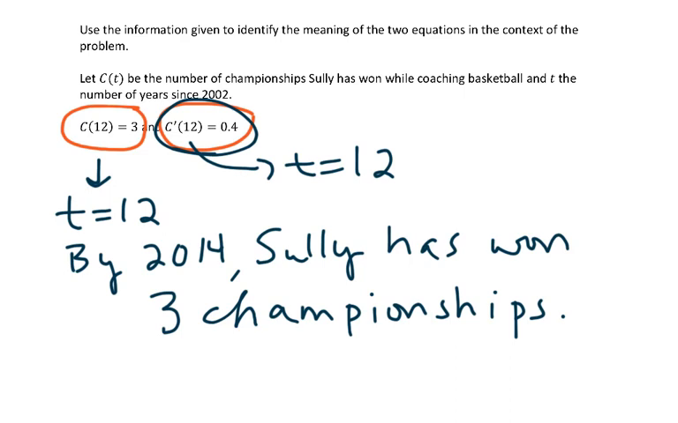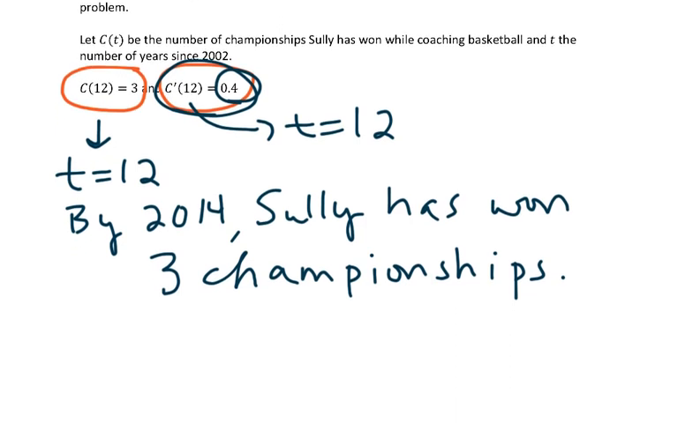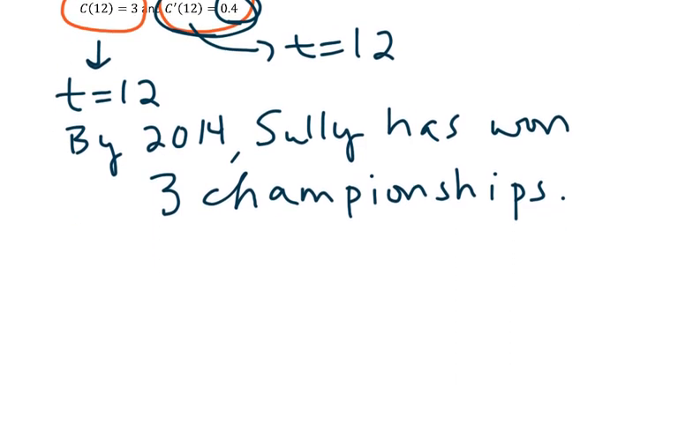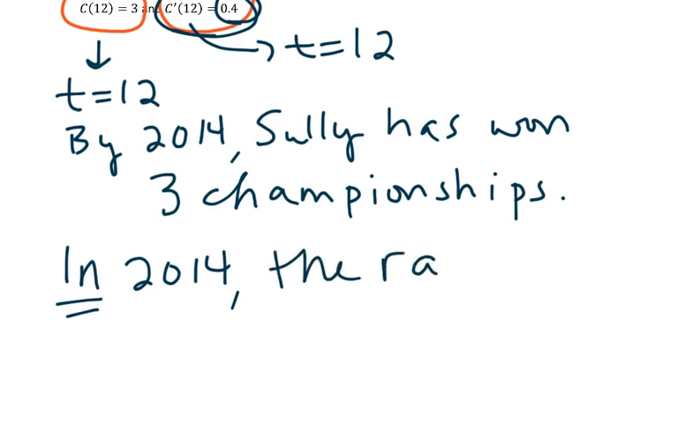Now, how do I know it's increasing? Because this 0.4 is positive. So I know the rate at which he's winning championships is increasing. And so let's write this more formally. What I want to say is in 2014, so at that moment of time, the rate